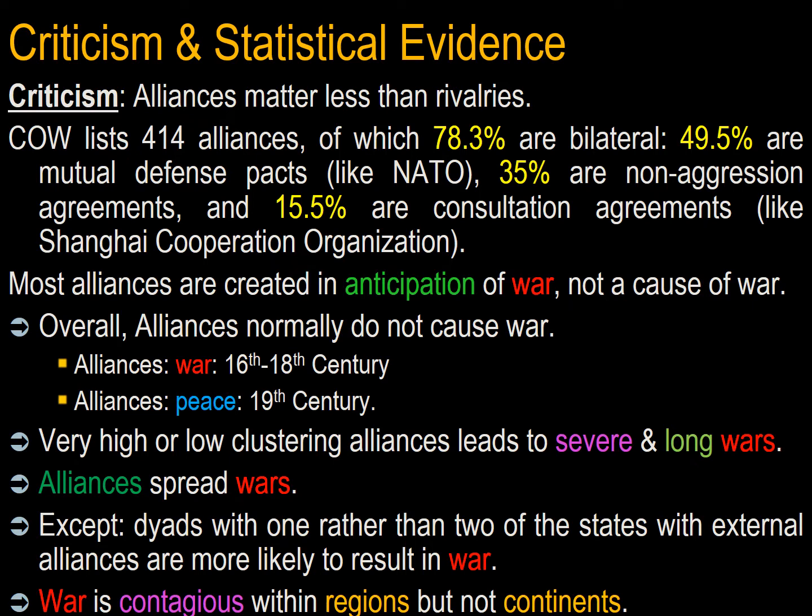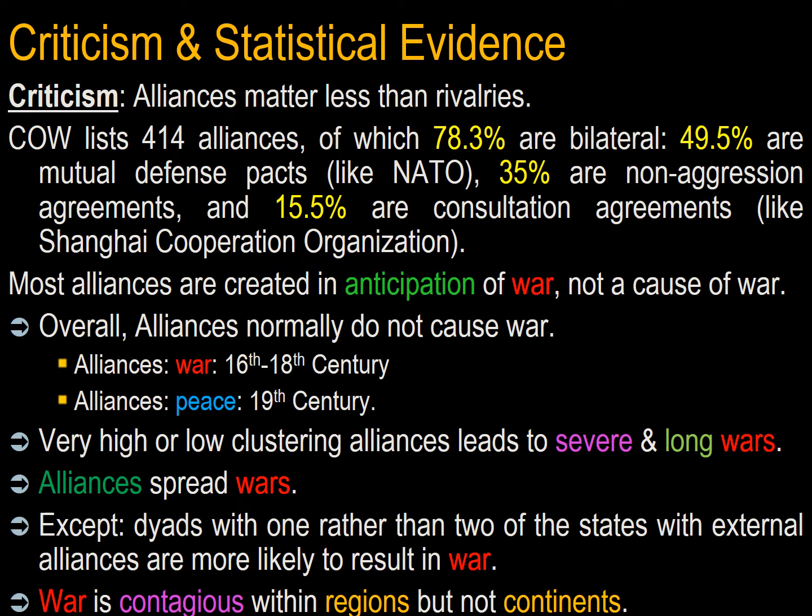If we were to break down the relationships, major power alliances were associated with war from the 16th to the 18th century. But in the 19th century, they were associated with peace. In the 16th to 18th century, the general leadership of countries in Europe were predatorial. You had monarchs or you had Dutch and English business people, and they were out to build empires following the